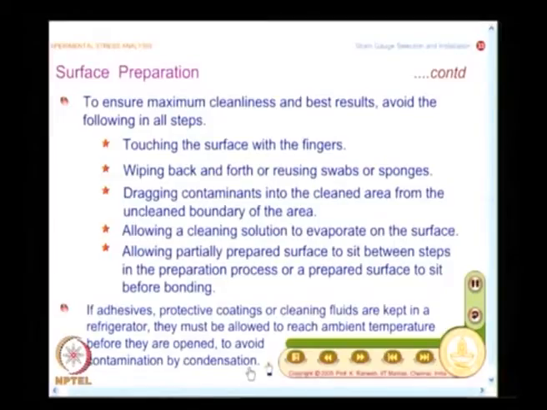See, only good experimentalists will follow all these procedures. So, this also indicates an experimentalist has to be systematic and patient. It is not that you quickly take the adhesive and then quickly go and do the strain gauge bonding. You do not do it like that. You have to follow a procedure, you have to be systematic. The reason is, you are measuring very small quantities, and perfect bonding is a must. It is not a trivial step.